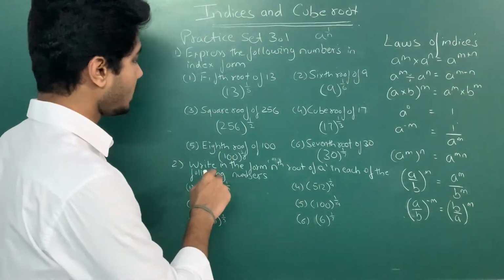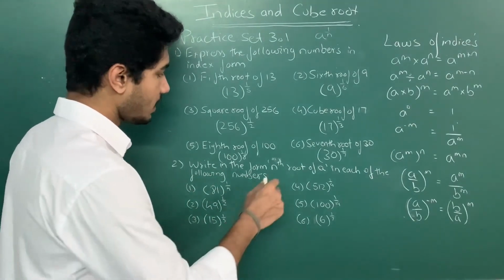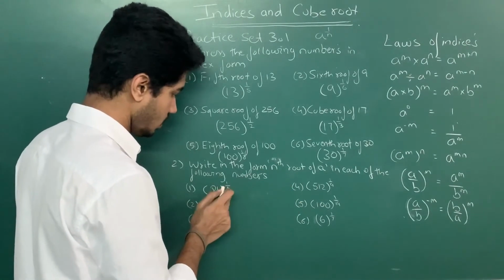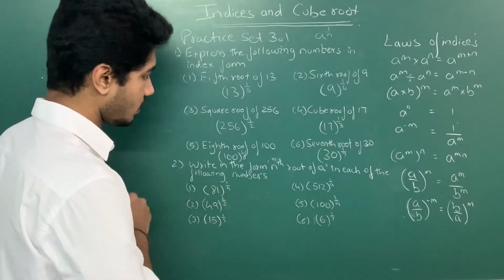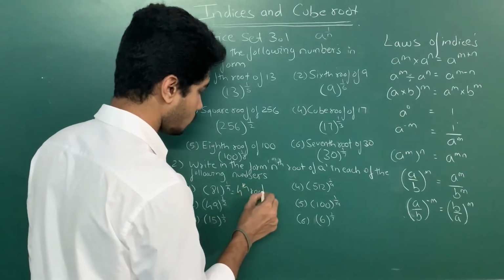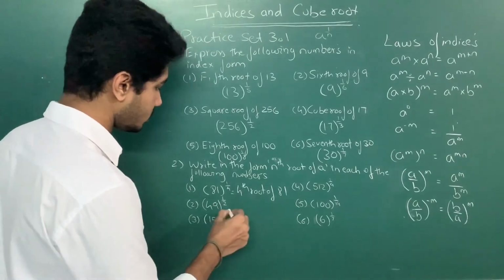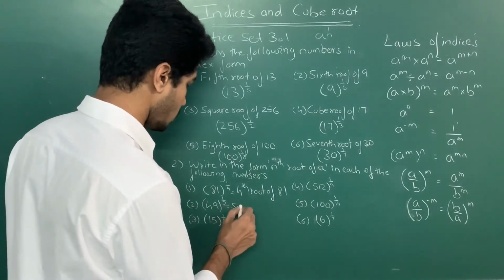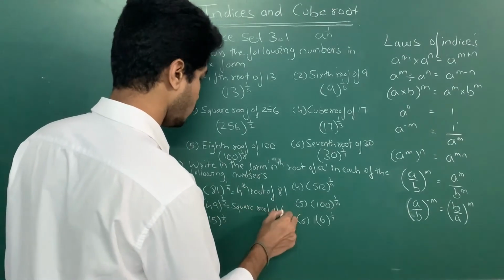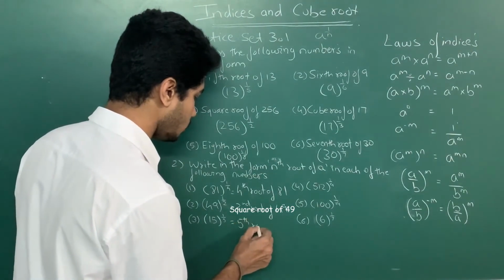Second question. Write in the form of nth root of a each of the following numbers. यहाँ पे nth root बोला गया है. That is nothing but the n stands for the value of the root. So the 81 raised to 1 by 4. So it is the fourth root of 81. Well, in case of second question, this can be written as square root of 49. In case of this, it is fifth root of